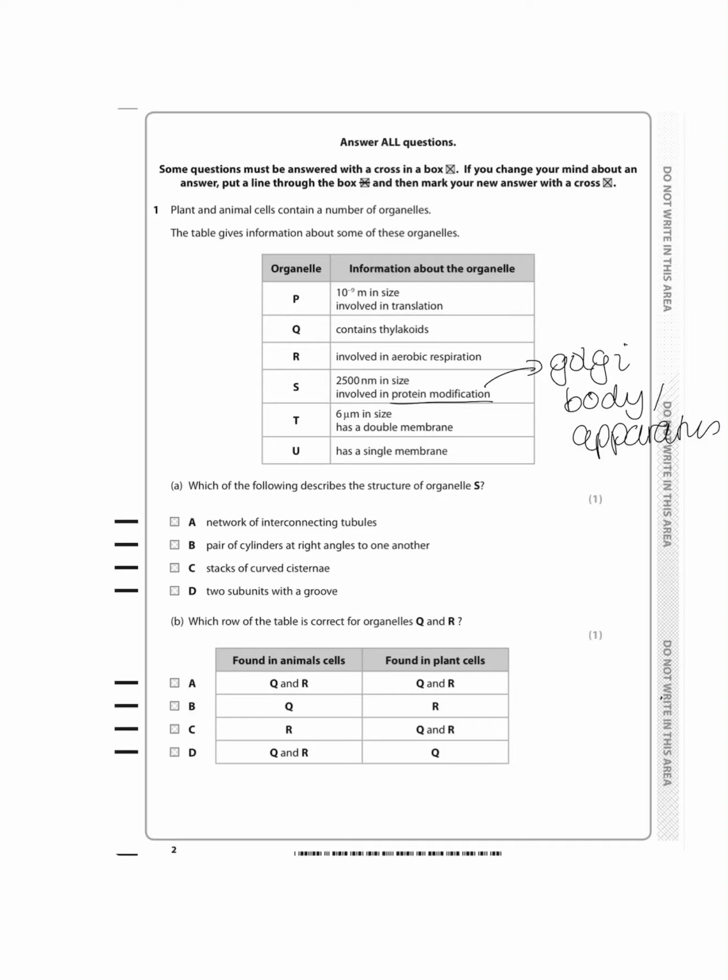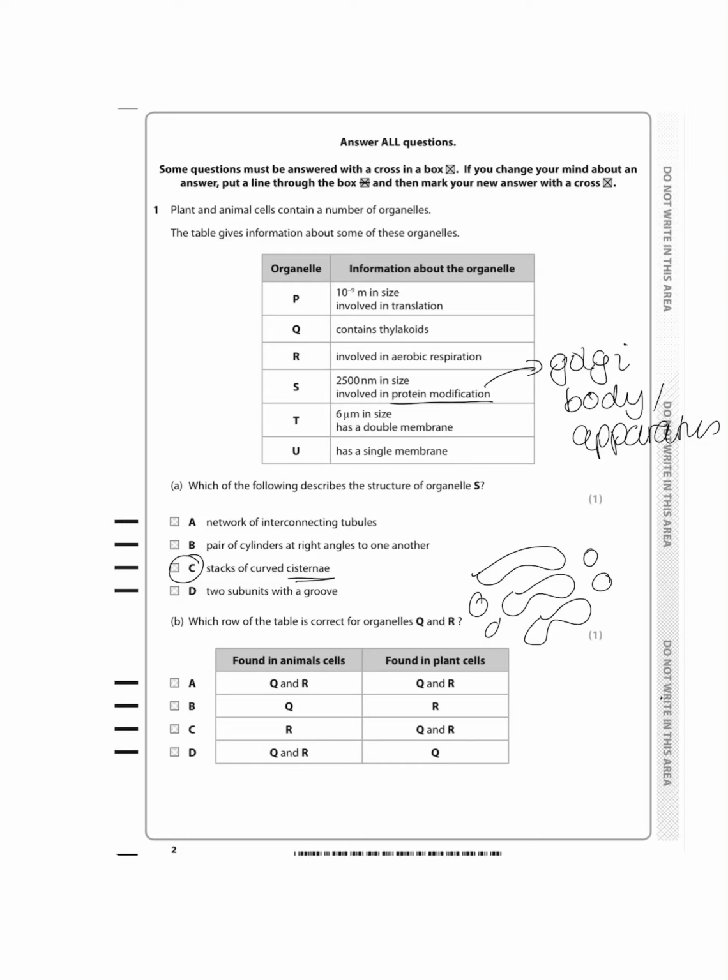So we need to see which of the options in A gives hints of the Golgi apparatus. So here it's C, and that's because stacks of curved cisternae is the key phrase in the Golgi body. So cisternae are the flattened membranous discs where the modification occurs. So if you didn't know that C is the Golgi body, then you could have worked it out by a